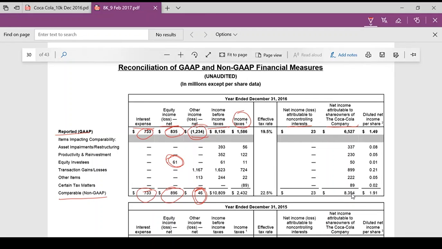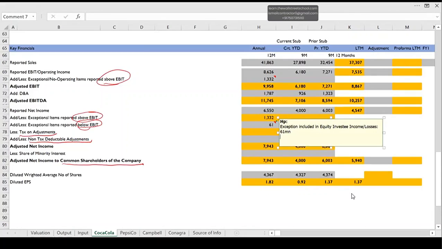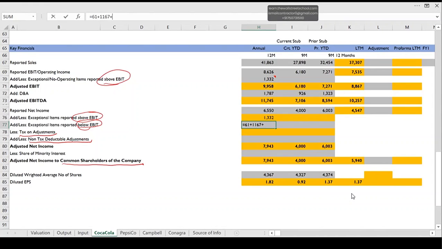It means due to exceptional items of 1167 related to transaction gains and losses and other items of 113, my other income is understated and accordingly my net income is understated. So let me add them back. 1167 plus 113,